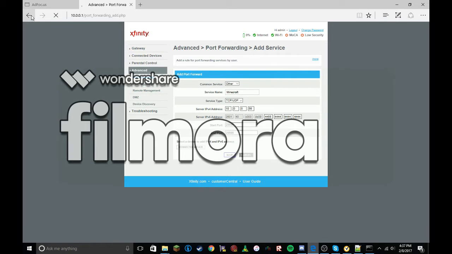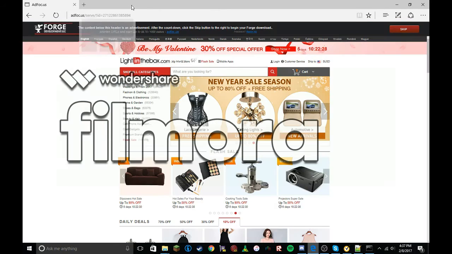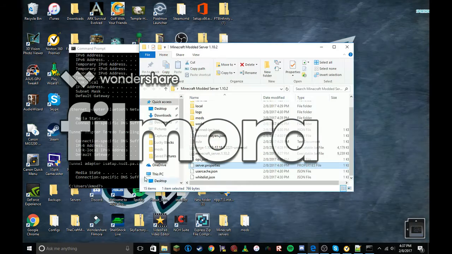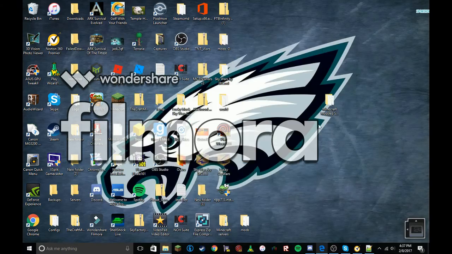So we're just going to hit the back button because I already have a port for it. And basically, you can edit all that stuff. And that should be your service right there. Anyway, you're not going to need your command prompt anymore. And what you do